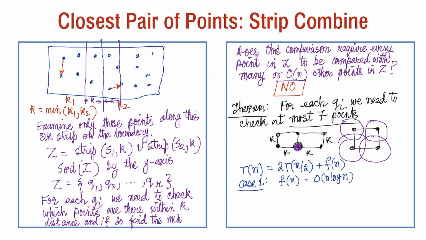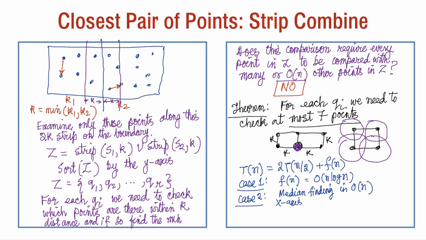But if we do case 2, if we do median finding in order n time, and if Z is sorted, and this sorting, if we have to do every time, again there is an n log n component added to it,